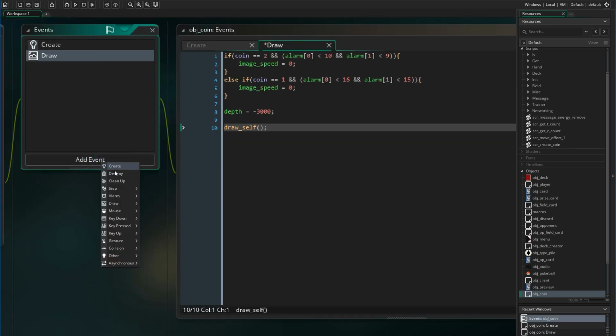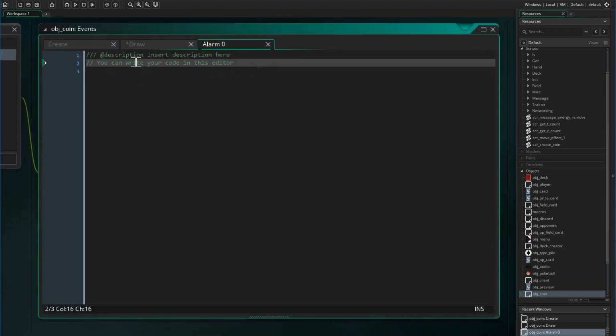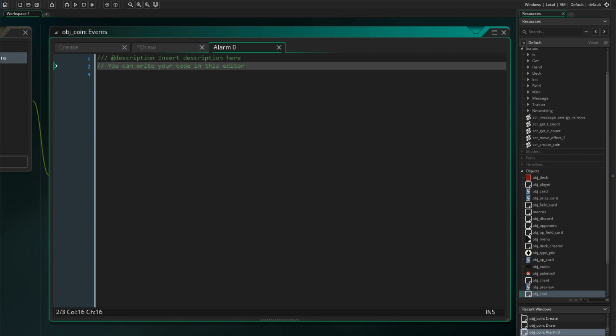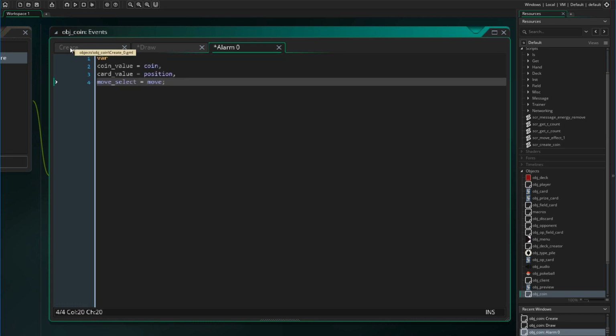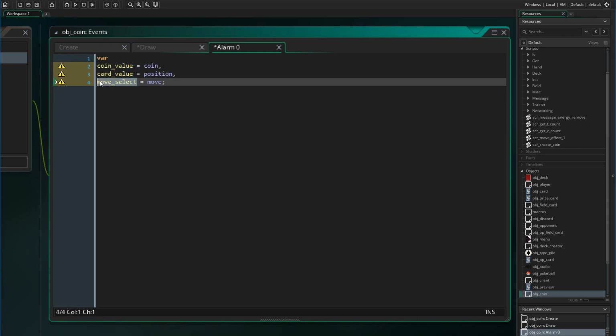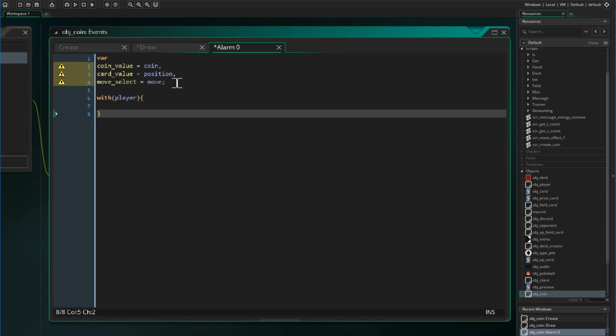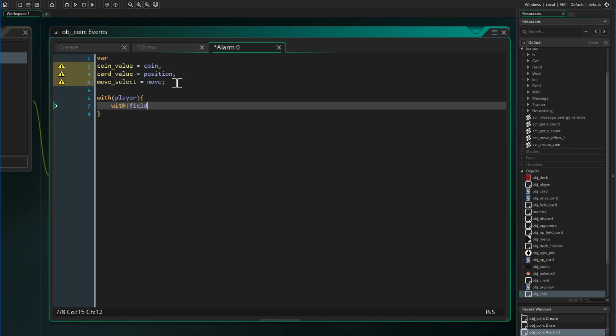Now, in alarm 1 is going to be where we continue the attack. So what we're going to do is we're going to create 3 local variables. The coin value, the card value, and the move select value. Then with the player object, with the field card at that card position,